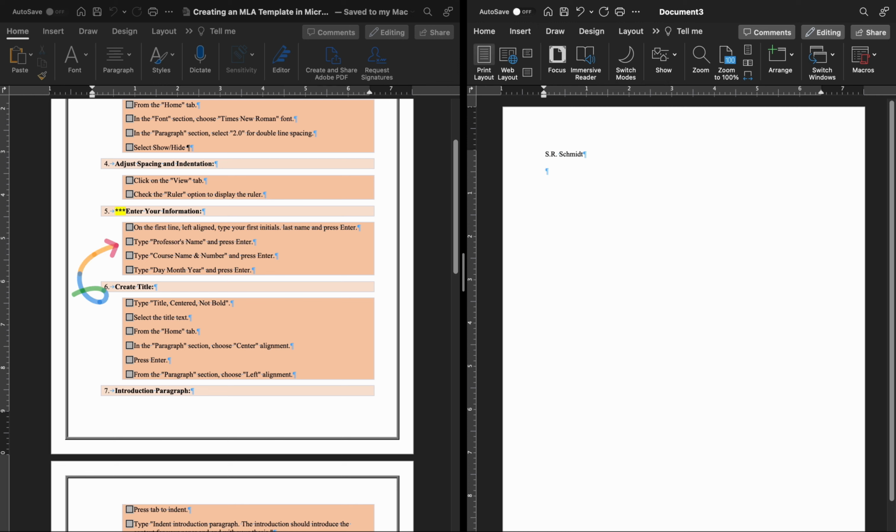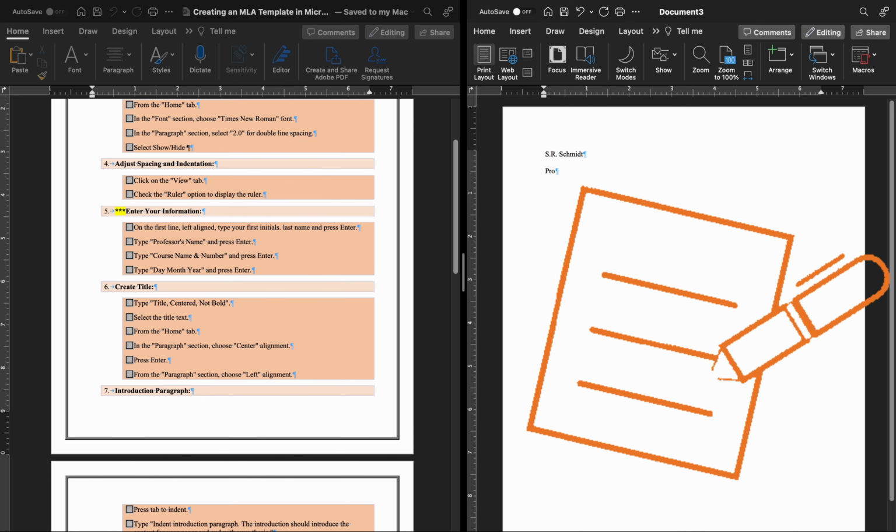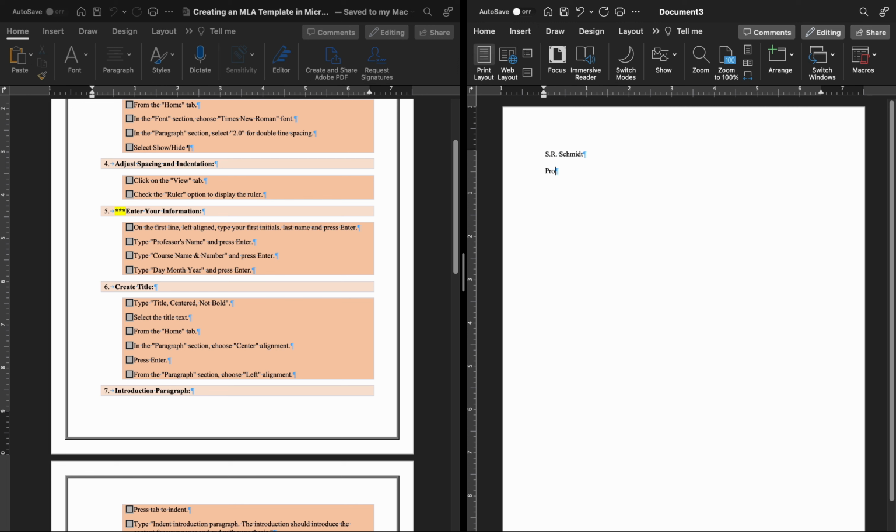Now I'm going to type professor's name. This one I'm not asking for a specific professor's name. I actually want you to type the words professor's name. That's why it's in quotes. Remember, this is going to be a template that you guys are going to be able to use. So save this as a template, and you're not going to change this document. You will save as to create a new document, and I'll show you how to do that. So again, we're typing professor's name